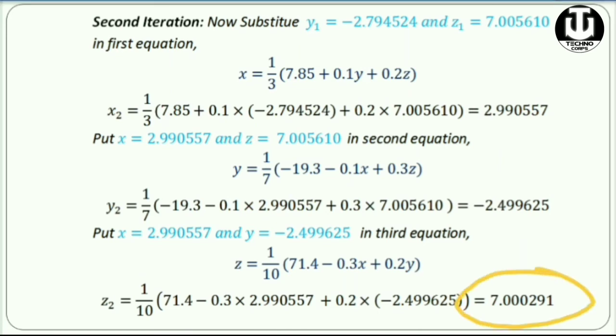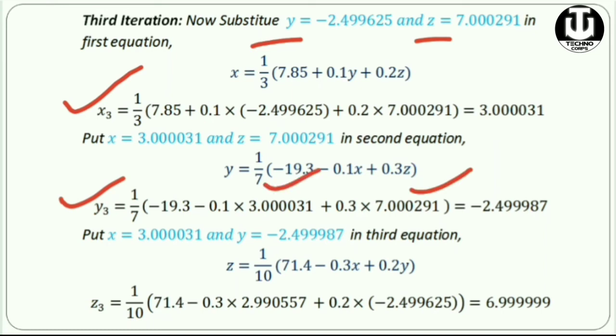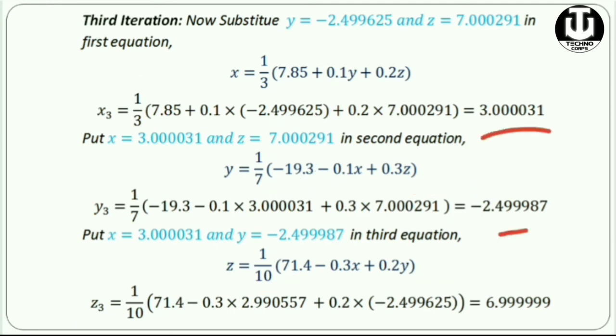Now a similar process we have to do, right? In the third iteration I am using y2 and z2 for calculation of x3, but for calculation of y3 I am using the value of z2 and x3. And for calculation of z3 I am using x3 and y3, the updated ones. In every step you should go with the updated value only. Don't wait for the next iteration. As you got the answer, just keep that value in the next step. That is the successive process. So this is the output of this third iteration.